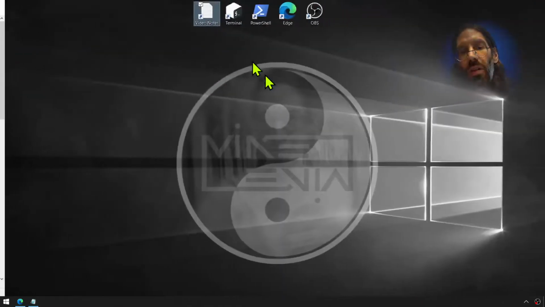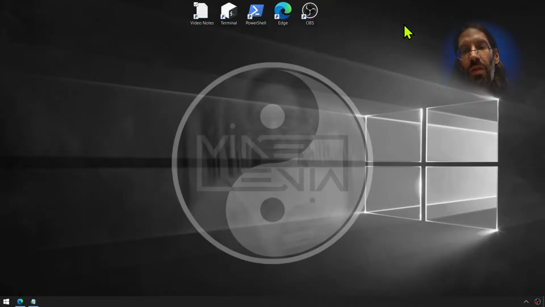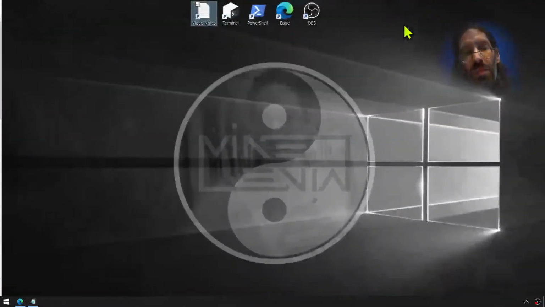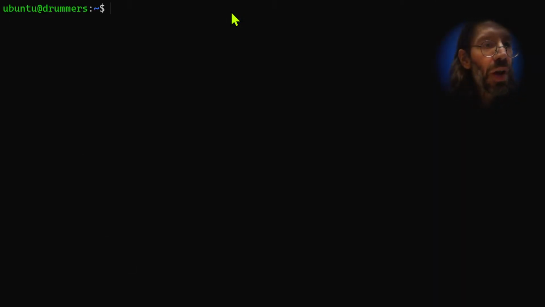So I'll go over here to my next desktop over. And you remember, we're using virtual desktops, right? So I'm on number 3, but you can jump into any one of them, and then you can just move between them left and right, right? Isn't that nice? It's like having all these places to work. So I'm on virtual desktop 3, and I'm going to bring up my terminal. I just double click it, and it drops us into Ubuntu at Drummers. And you'll remember, this is my container, right? If it's not Alice, Nell, or Dorothy, we're actually in a container. These Ubuntu names are what's assigned automatically as the username. This gets automatically assigned, or you choose it when creating the container.